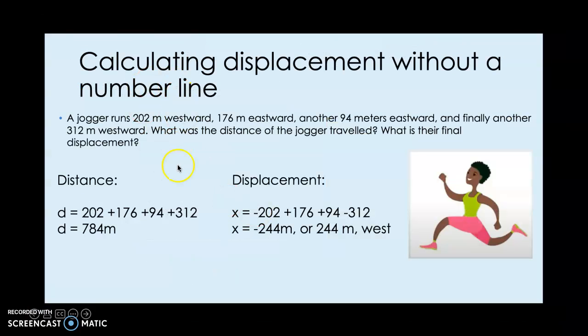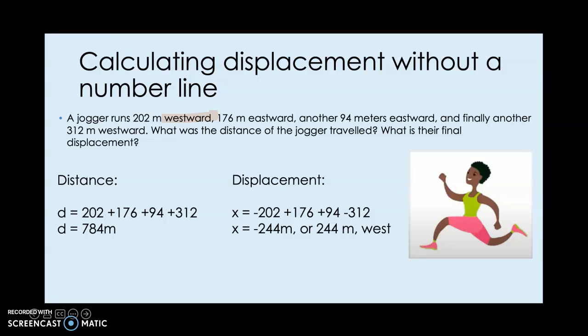All right, last little bit we got here. Let's say you don't have a number line and you need to calculate displacement. Calculating distance is easy. Like we said, you're just going to take all of those values and add them together. Calculating displacement without position, without having a number line to use, can seem a lot more complicated. But really, all we're going to do is pay attention to direction. So if the object is moving west,